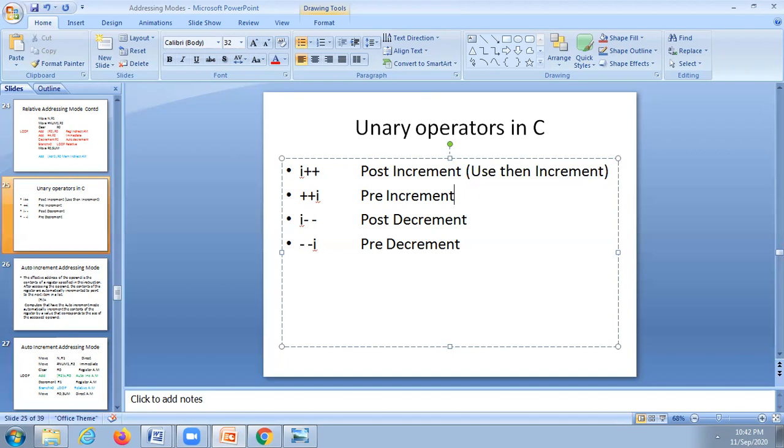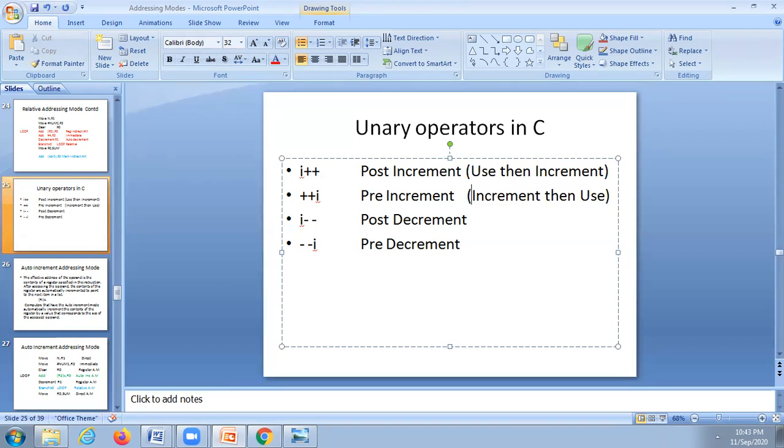Pre increment means first increment, then use.